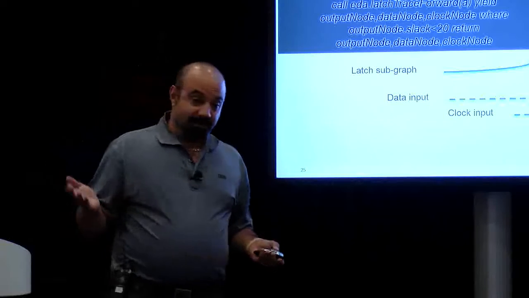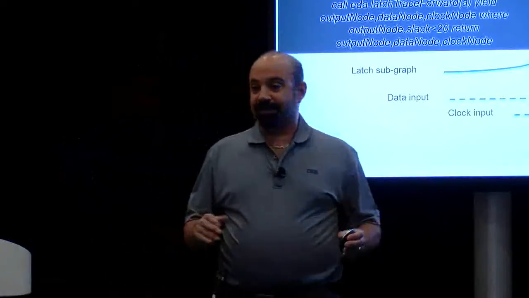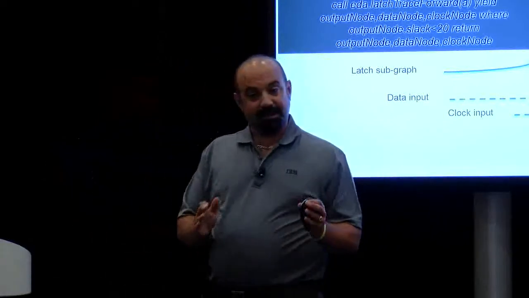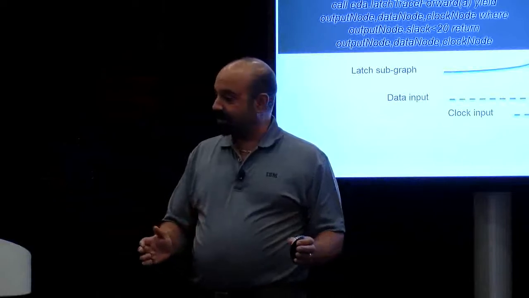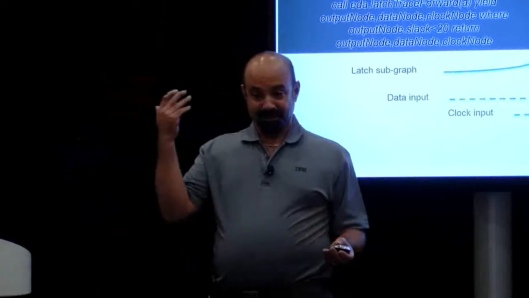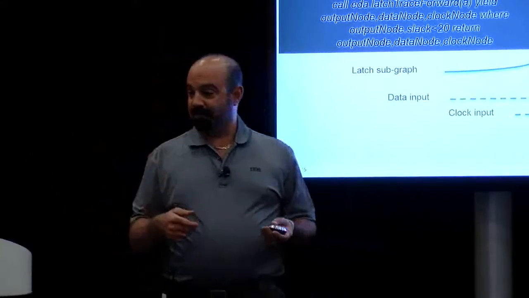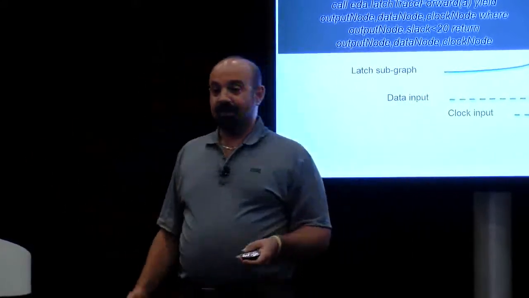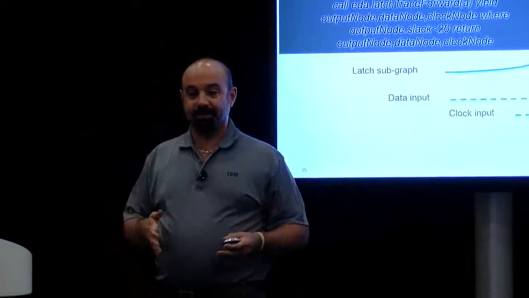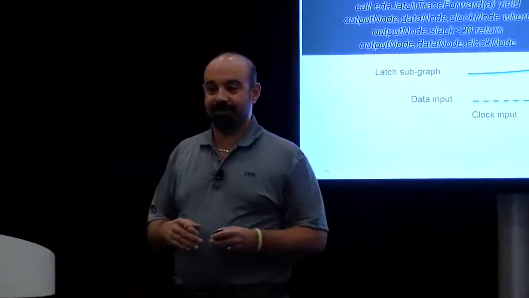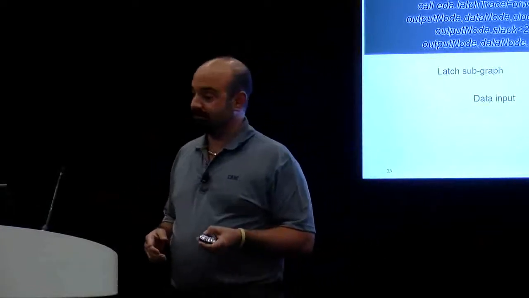So now, again, since we have all of the data nicely organized in a self-consistent database, this becomes ridiculously simple. Give me a net that you're interested in, and with one line of code, which you see here in gray, we can find all of the fan-in latches, all of the fan-out latches, and I can tell you anything you want to know about the timing of those latches or any logic in that entire fan-in and fan-out cone.